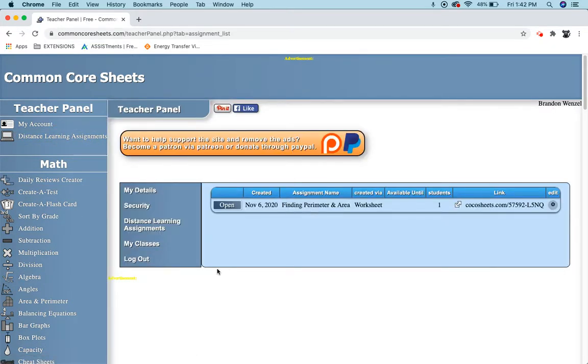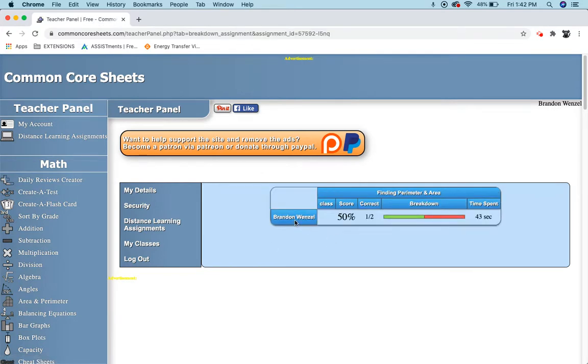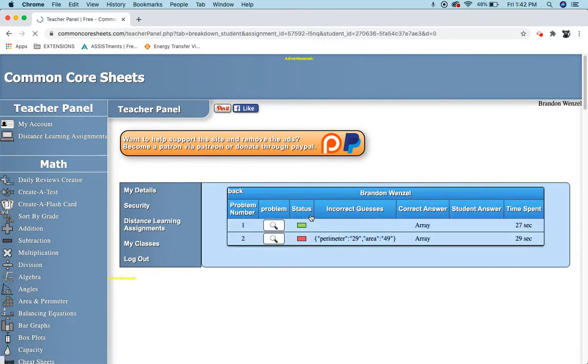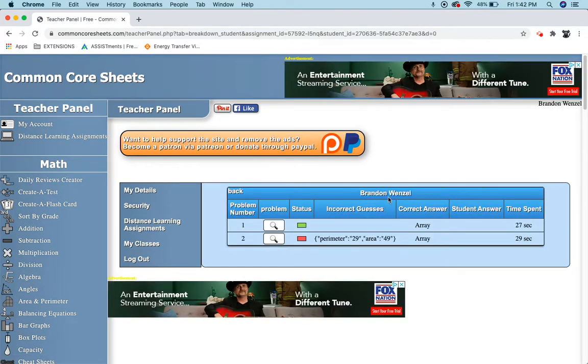And this is all cookies based, so it will remember what you have done. But I've logged into my account, and I recommend that you get an account so you keep everything right there. So I can simply open my assignment right here, and you can see that I took it, and I got 50%, 1 out of 2 correct. It shows me a breakdown and the time that was spent. Okay, so I can click on my name, and I can see that